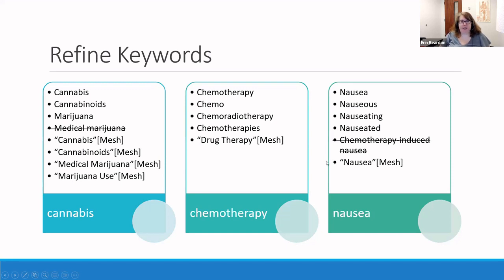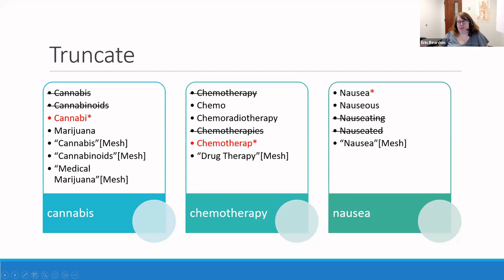The next thing that we can do is use truncation. So there was a good question in the chat. Can you do more than one truncation in one search to get more results, or is that not necessary? You can do as many truncations as you like. And that's what we're going to do with this search. We're going to truncate in these different areas and add all of those things together. Because truncation is a tool that you can use for lots of different concepts and lots of different keywords. You don't have to only use it for one concept, if that makes sense.